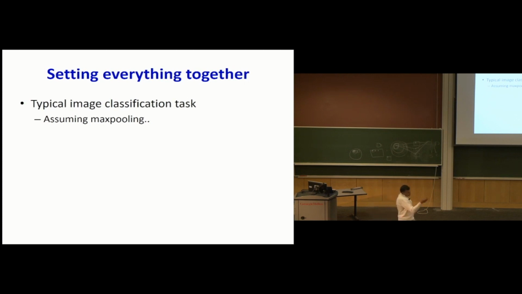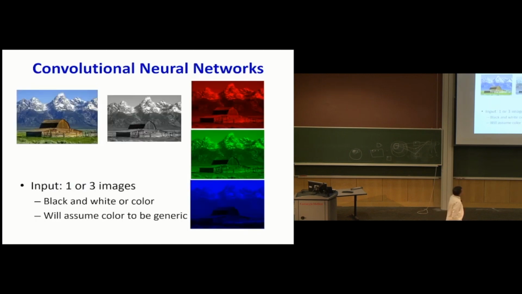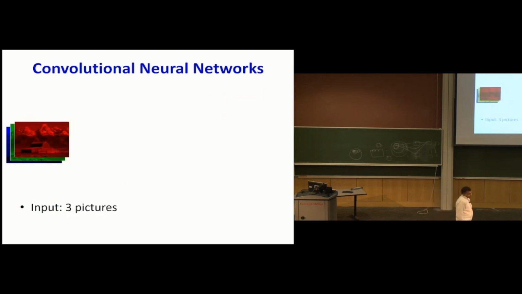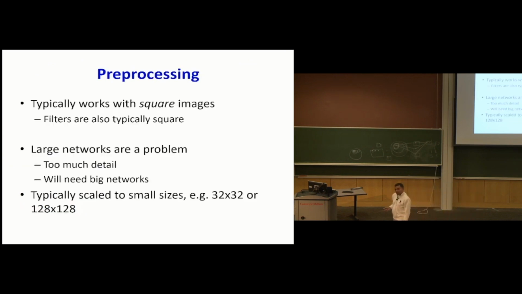Let's go back to answer your question. How does the whole thing work? Let's say I was trying to perform classification of this image. Is there a house in the image? This is the grayscale. You could directly work off the grayscale, but color actually carries information. So now this has an R, a G, and a B. The input is now going to be 3 pictures, which I can stack like so. Once I stack it, for the very first layer,